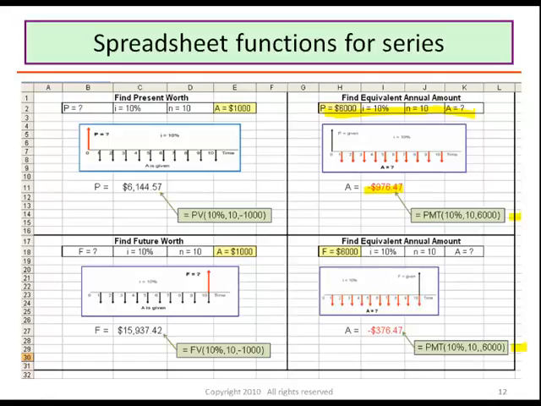Reflecting on these payments, you will repay a total of 10 times this $976.47, or $9,764.70 over the 10-year period, just for the privilege of borrowing $6,000 today. On the other hand, now look at the lower right frame. Here, the $6,000 is a future amount that you want to accumulate, so the equivalent annual series A should be less than above, because you have the power of interest on your side rather than paying the interest to the loan maker as above. Again, the PMT function is entered, and the result shows